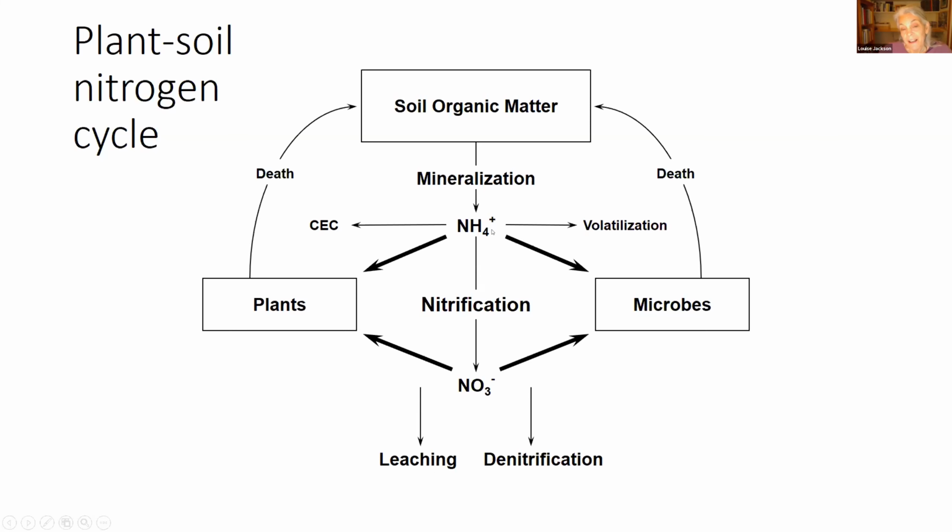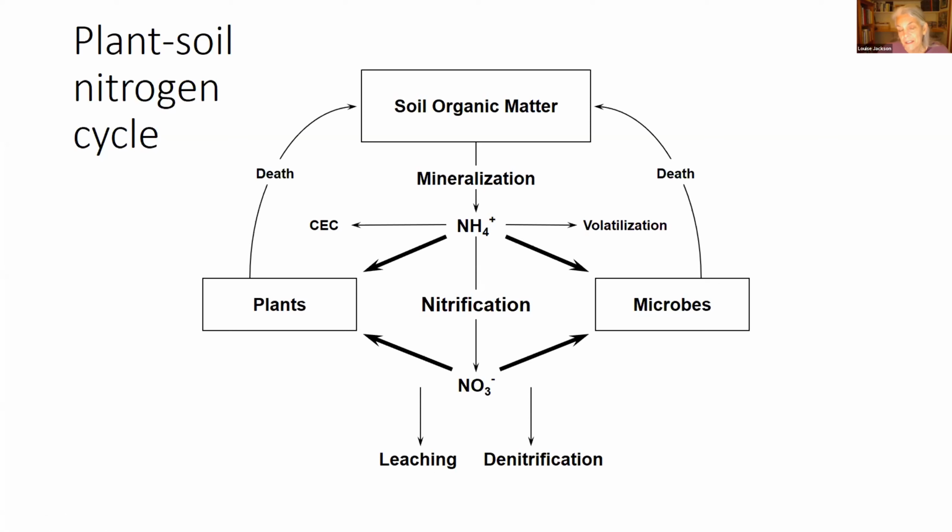Ammonium, which can be thought of as an energy-rich compound, can also be nitrified by microbes. Nitrification is the process by which ammonium is converted to nitrate. The ammonium and nitrate formed during mineralization and nitrification obviously can be taken up by plants. A mix is great for the pH balance. They also can be taken up by microbes to meet their nitrogen demands.